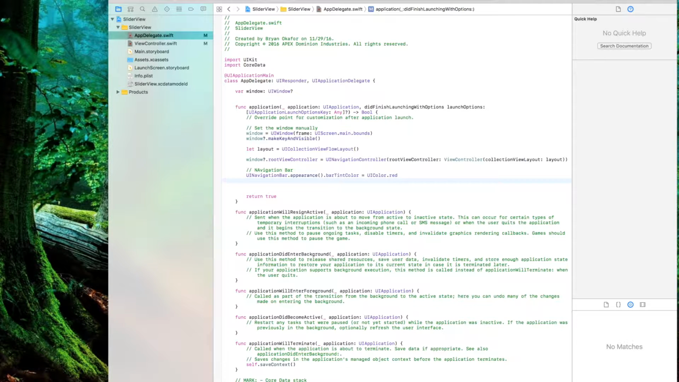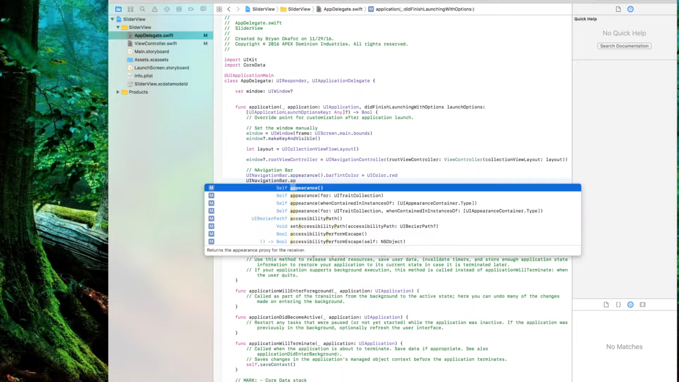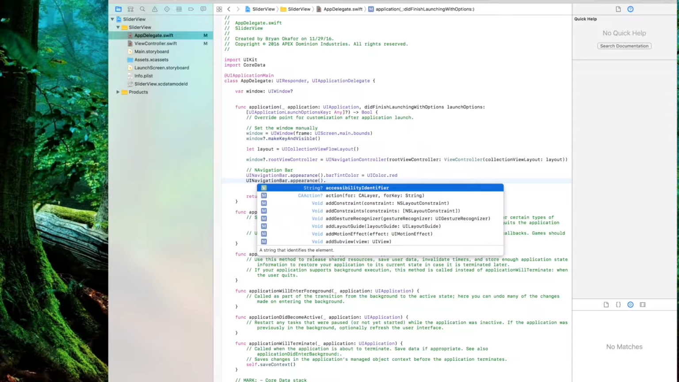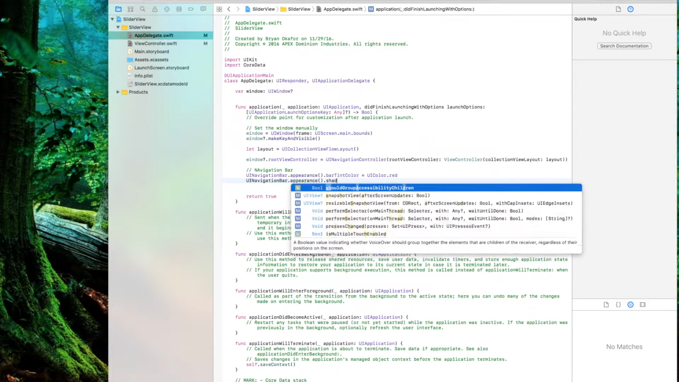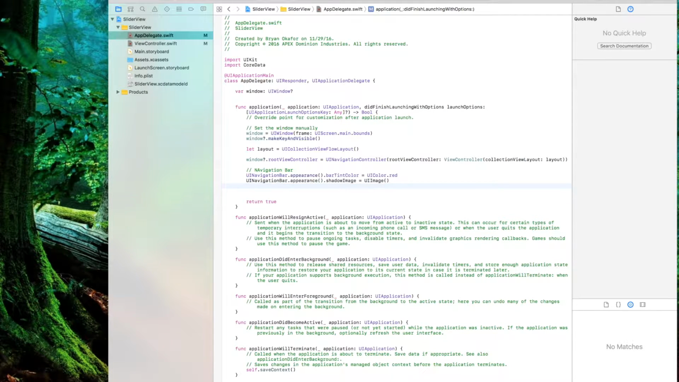Next, I want to set the background image. Appearance shadow image equals UIImage, and